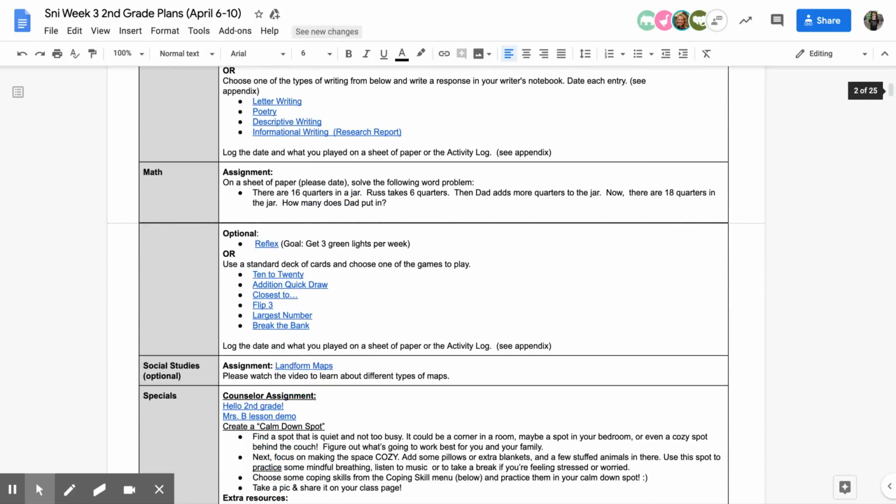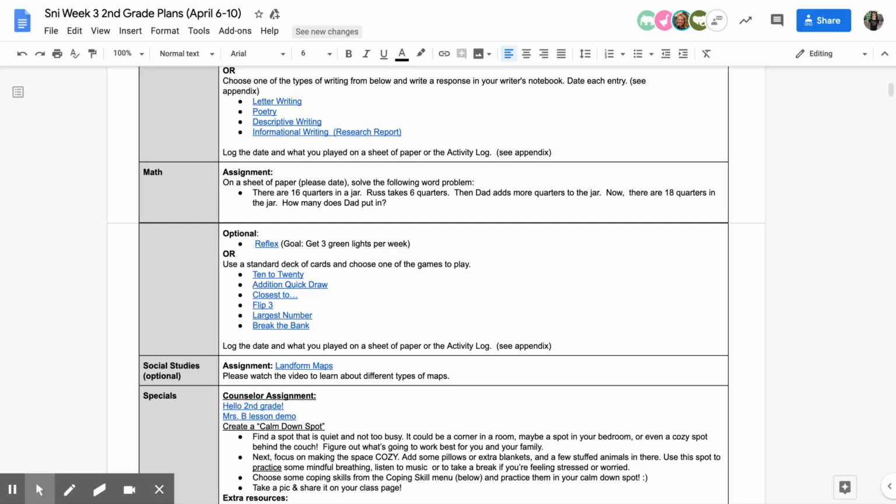Also, you can do Reflex. And I've noticed that everybody, but there's 3 people that have not been able to get on Reflex or haven't got on to Reflex. So if you haven't got on at all since school's been out, this week would be a good time to get on there. We don't want you to slip behind in your fact strategy because remember, by the end of the year, we want you to be 100%. So make sure that you're keeping up on your fact fluency practice using Reflex.